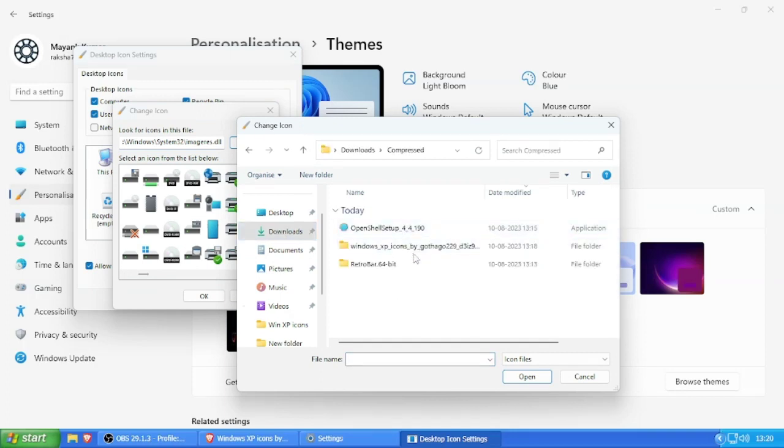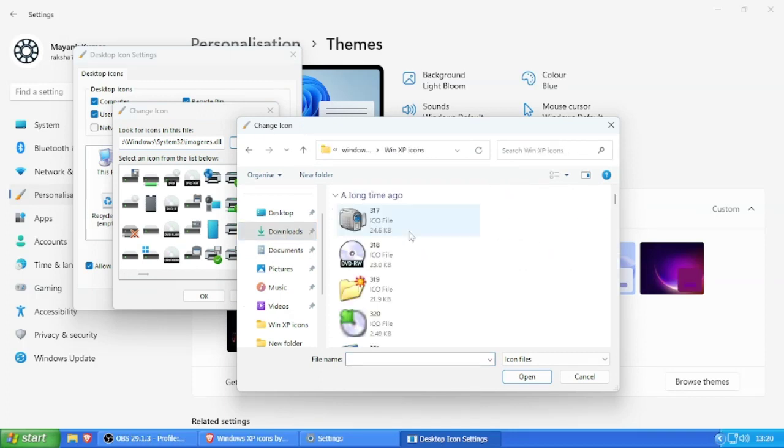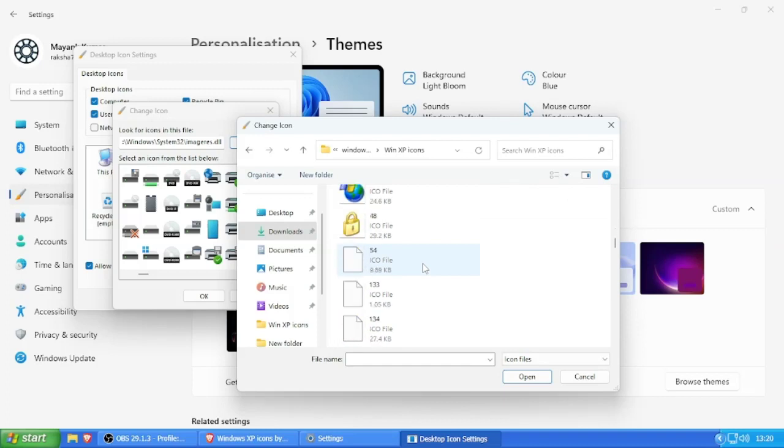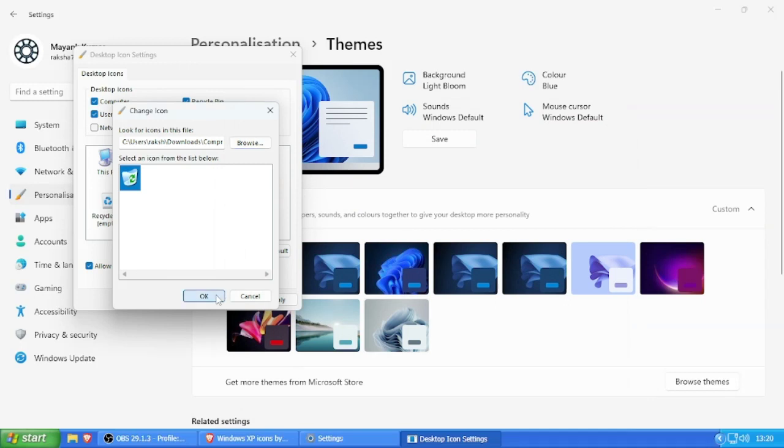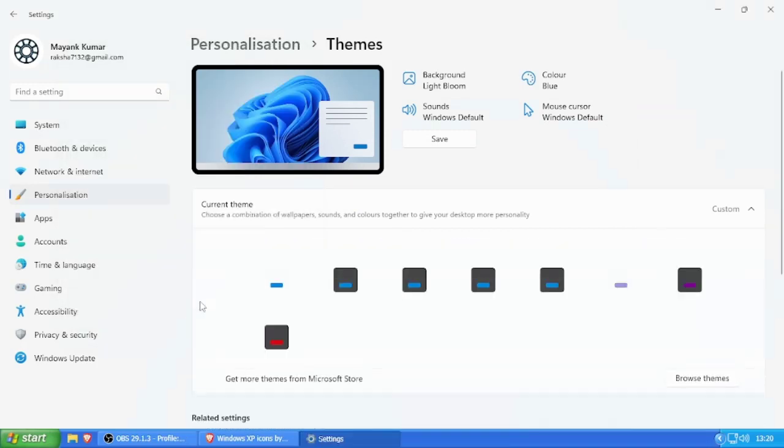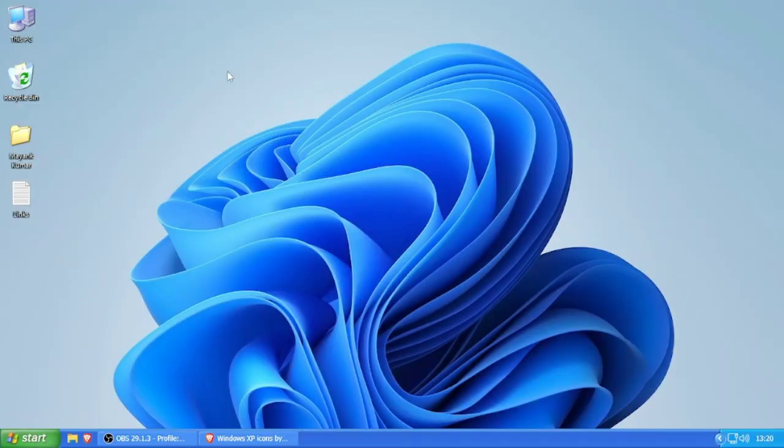You know the step goes the same, and after the application you'll see quite a lot of difference in the icons. Now apply and OK. And when you close these windows, then you can see our icons have changed to Windows XP icons. Although I didn't want to change the text file, as it is the same from older times to now, and why should we change that? So yeah,